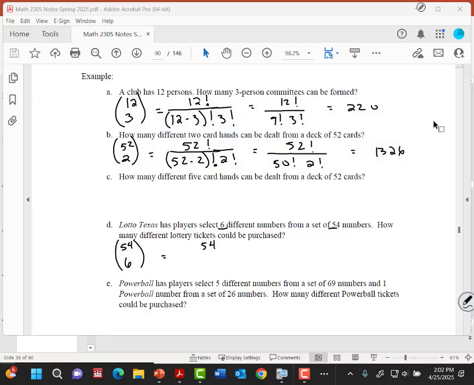This is 54 factorial over 54 minus 6 factorial times 6 factorial. So 54 factorial over 48 factorial times 6 factorial, which comes out to be